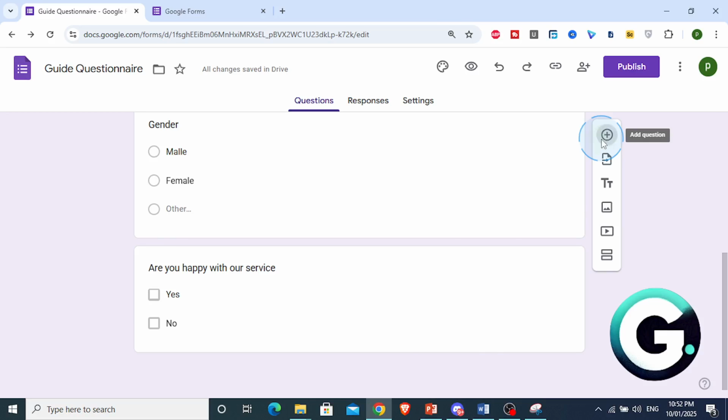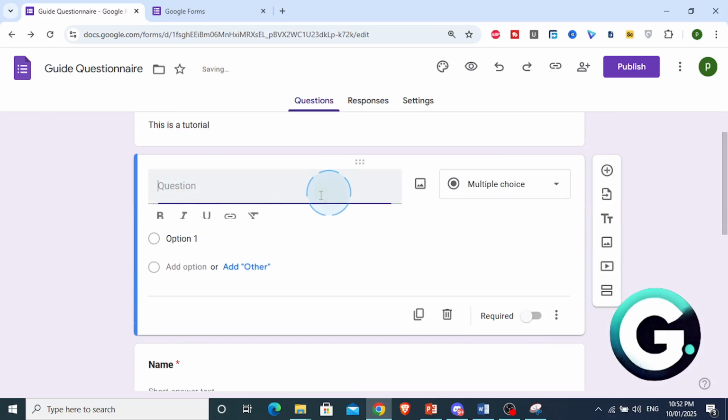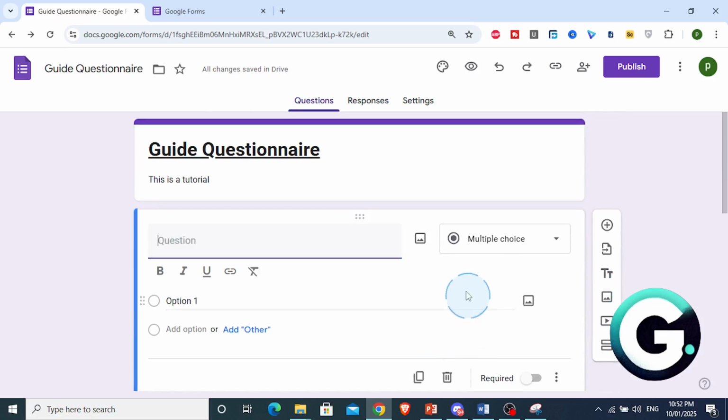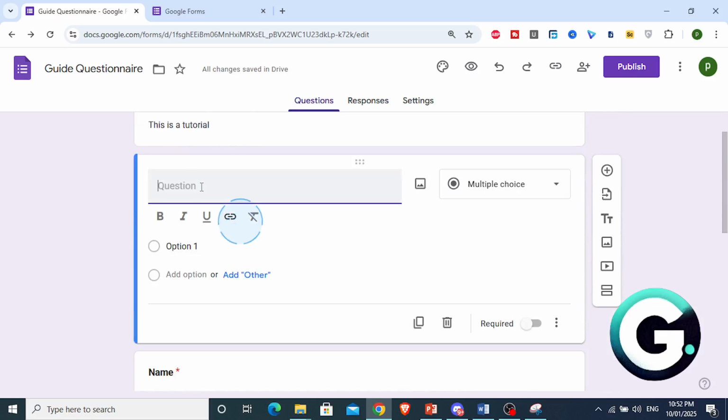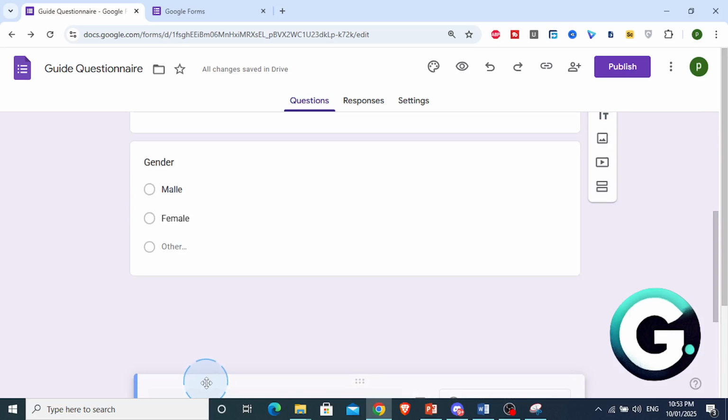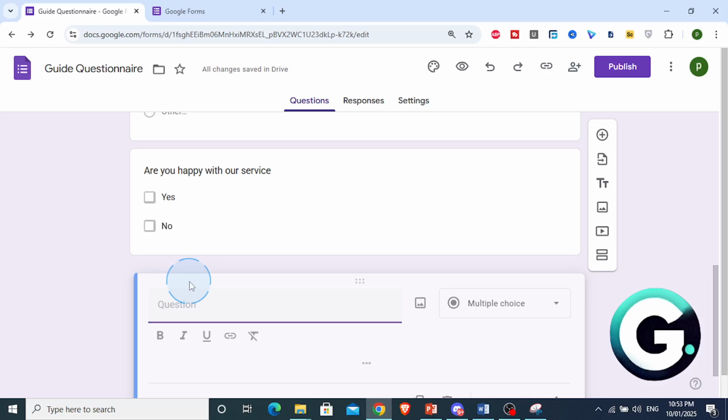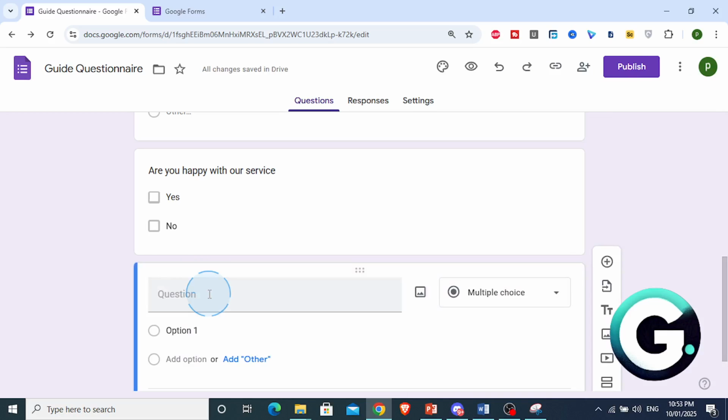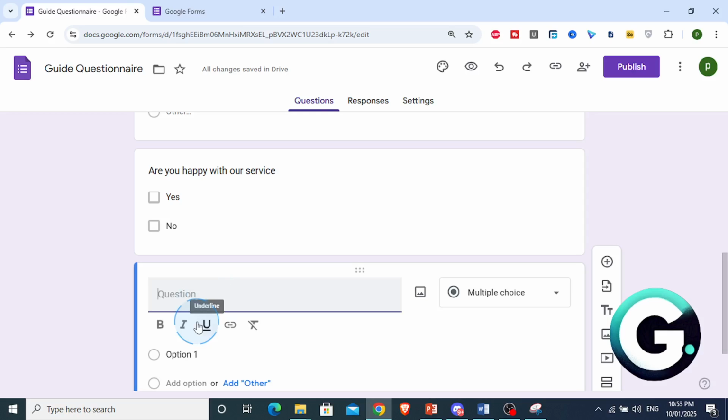Cool. A drop down, for example. Let me remove this. And if you want, you can change the order. If I drag this, I take this all the way down. Look, I can change the order, guys. So now we're going to do a drop down, a list of options. Okay. So for example, fruits, and then we will have